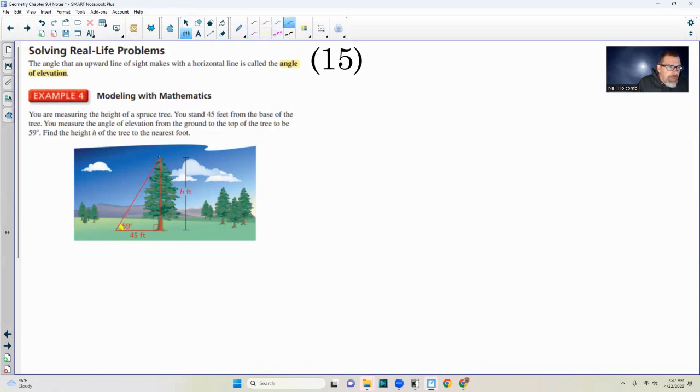Reviewing the angle of depression, if you were sitting at the top of the tree and looking straight out and then look down, this is the angle of depression. They form alternate interior angles to two parallel lines with a transversal. So this would also be 59 degrees. Just a quick review on angle of depression. And now we have angle of elevation. So with that,